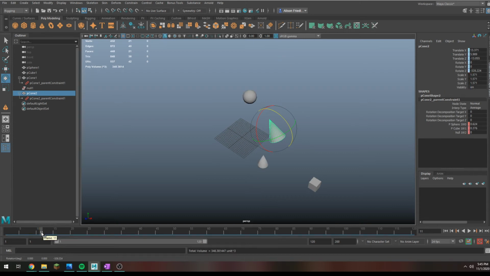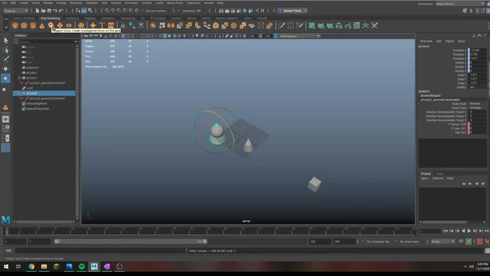So you don't really have great control over your cone once you do this. And again, you can see the values here. These little blue-gray boxes basically indicate that these are constrained or being controlled by some outside force, in this case, the constraint. So what we want to do, in this case, is actually,